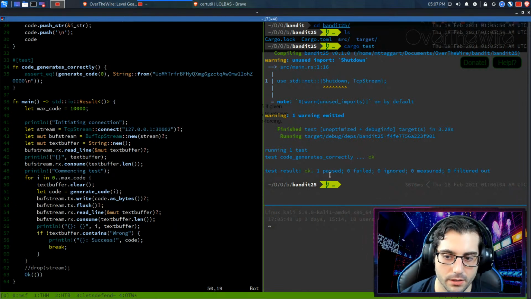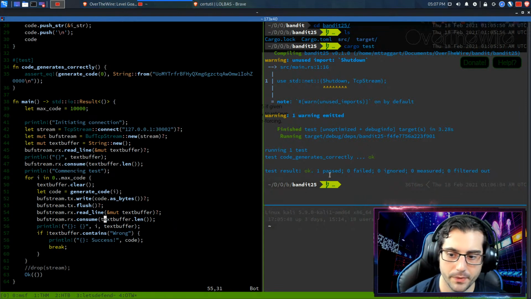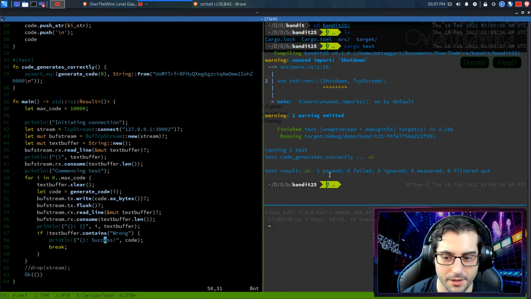And then we clear the buffer, or we clear the string, right, where the text buffer lives, and then we generate a new code. We write the thing to our outgoing buffer. Flush sends it off, and then we get the response back with a read line. We consume that out of the read buffer, and we keep going until we find the